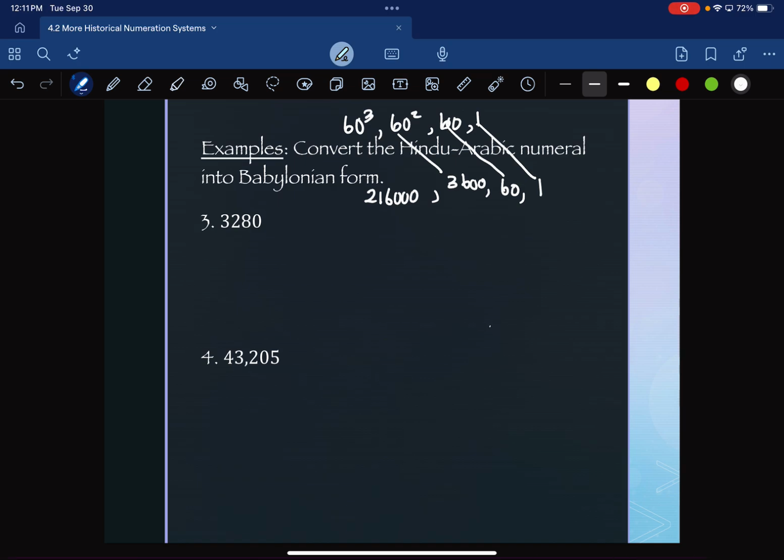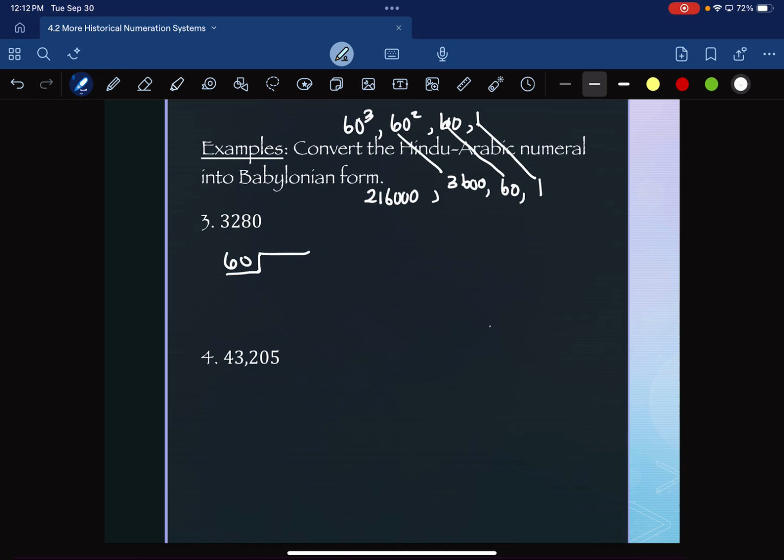Here's what matters. I need to take whatever number I'm working with. In this case, the number is 3,280, right? And I need to divide it by the biggest one of those values that it will still go into. So what is the biggest one of those values it will still go into? Actually just 60, right? It won't even go into the 3,600. So the biggest thing I can divide it by is 60, and we're going to do our division so that